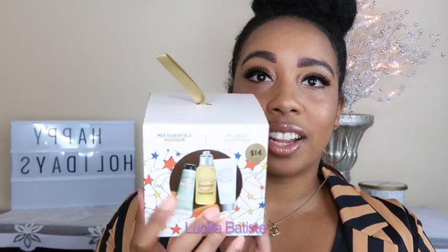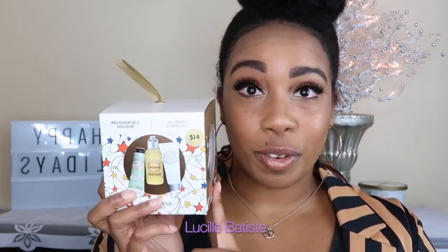If you guys have gift limits, these things are so easy to do. Here, this is L'Occitane. You guys know I like L'Occitane. I actually got this from Sephora, and this is My Sweet Essentials. This is the Amande line, which is my favorite line from them. It has the almond shower oil, the almond milk concentrate, and the hand cream in it, and it has a